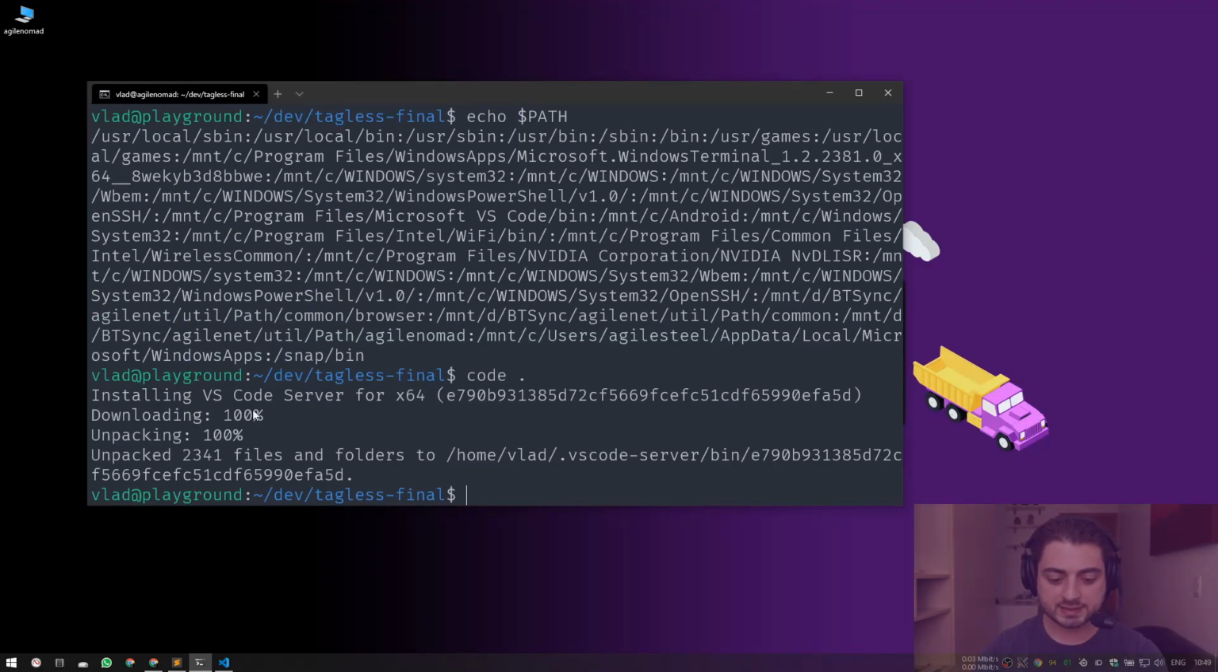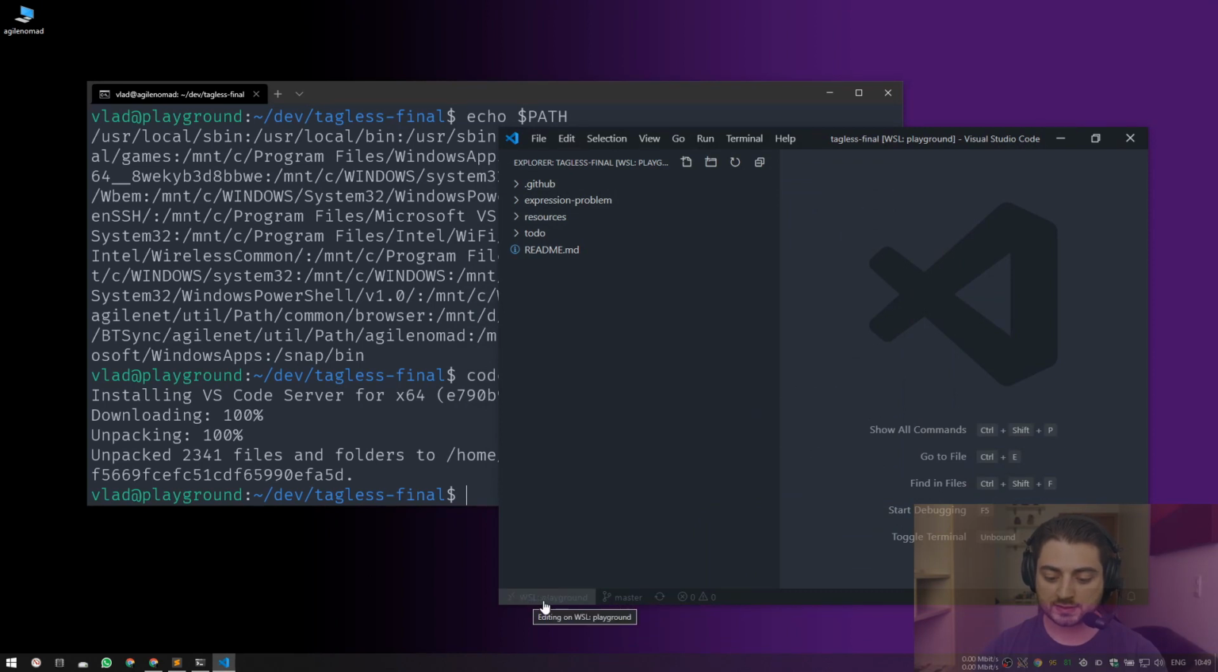So behind the scenes, what it did was installing VS Code server for x64, downloading, unpacking, and so on. So every time I update Visual Studio Code on Windows, it would actually go and keep installing something. Okay, so what's happening over here is that now it's connected to WSL Playground, and as already mentioned in the